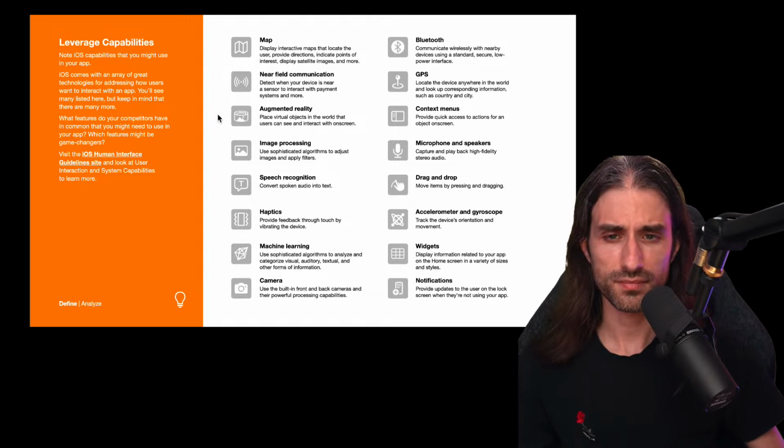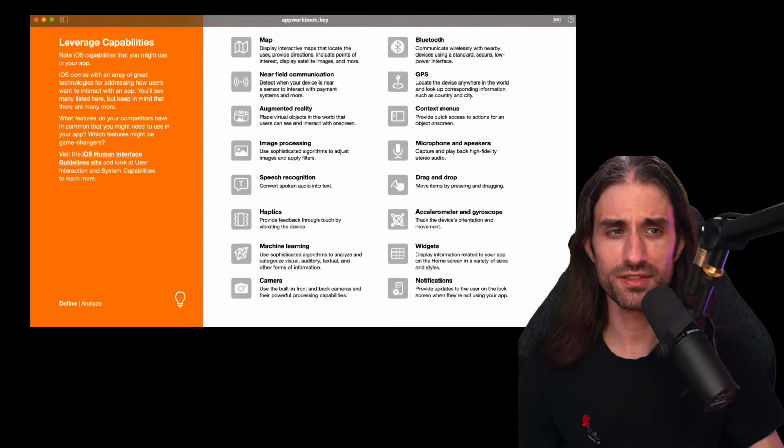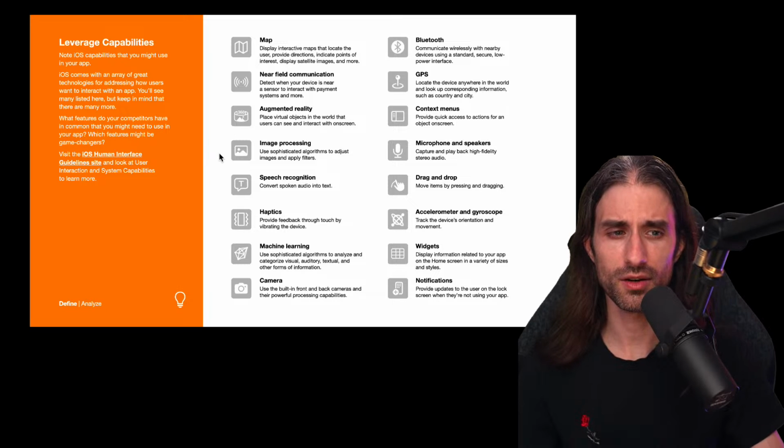And I would say, definitely, if you don't find that any of these capabilities, so not a single one, makes sense for your app project, once again, it might be a sign that you should build a website rather than an app, to be honest.